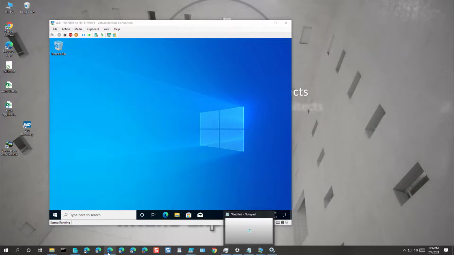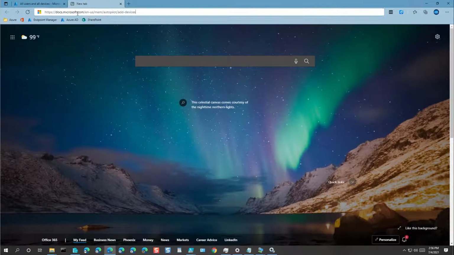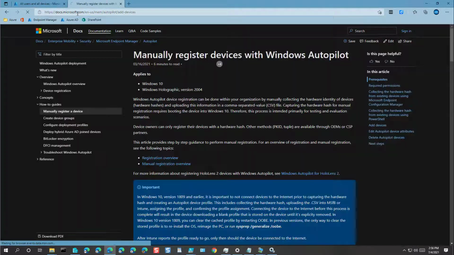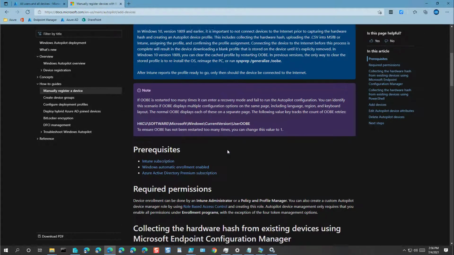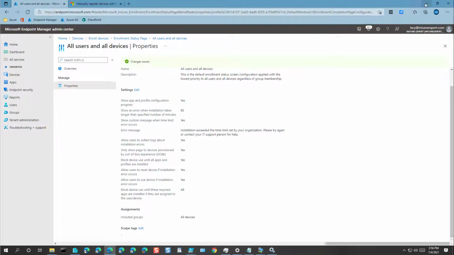Okay, we're going to start by going to a web page. And the web page we want to go to is here. Manually register devices with Windows Autopilot. And all you need from this area is this PowerShell code here. Once I have my code,